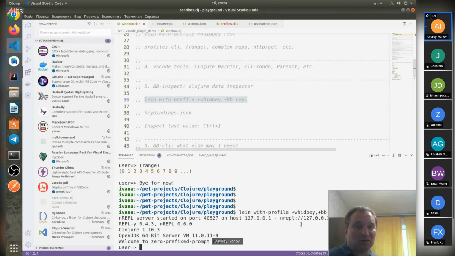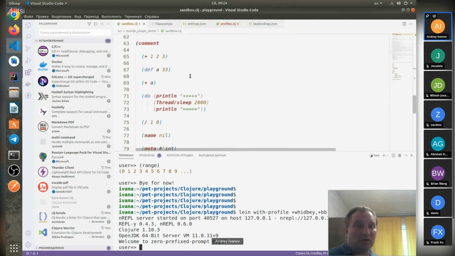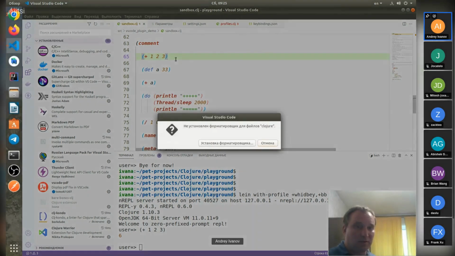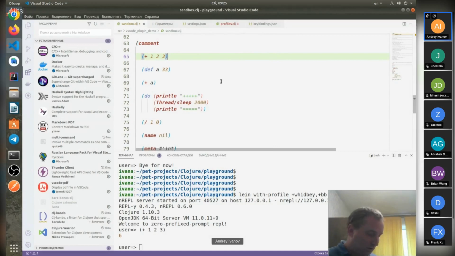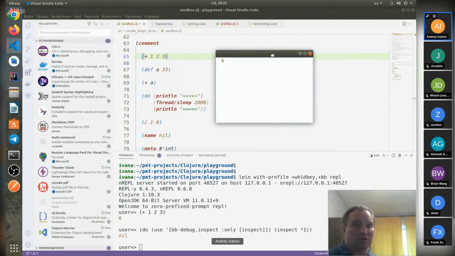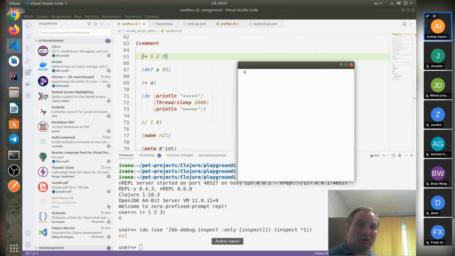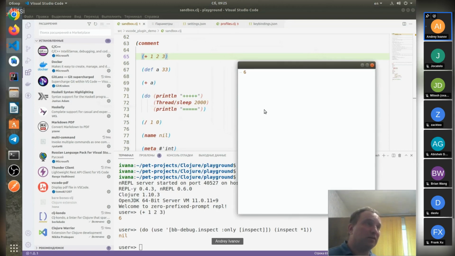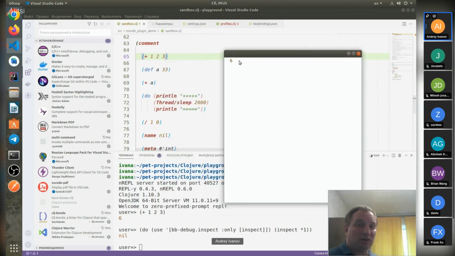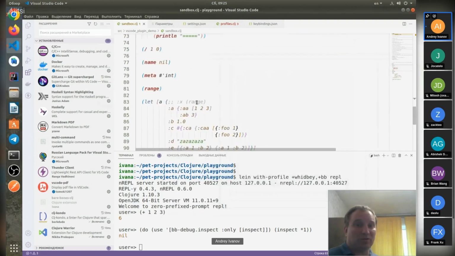What does it allow me? For example, here I may visualize the result of evaluation. You see the window, it's my own data inspector. It may show and inspect any Clojure value, even lazy ones, even Datomic entities, even complex ones, or even simple ones like the number 6. You may open it in another window and show it. But for number 6, it's not quite usable. But for example, if you have a complex map,